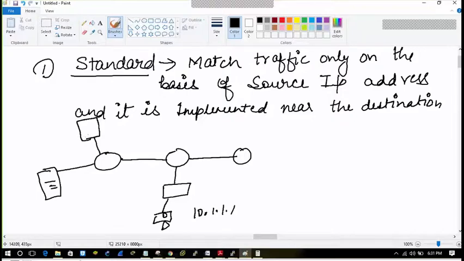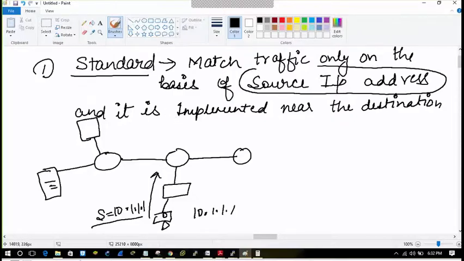Now please understand the logic. When it sends the packet, it will send it with the source of 10.1.1.1, and we will match the traffic only on the basis of the source IP address.